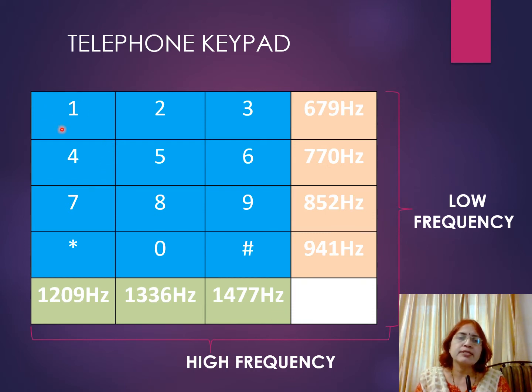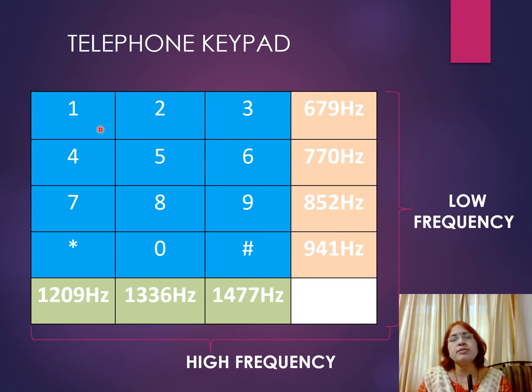So if you press this key, suppose key number 1, then its row frequency will be 697 Hz and its column frequency will be 1209 Hz. So these are the higher frequencies and these are the lower frequencies. Now how we are going to identify which key is pressed? So whenever any key is pressed, then two tones will be generated having two frequencies. One frequency, this lower frequency, one tone will be having this frequency and another tone will be having this frequency.